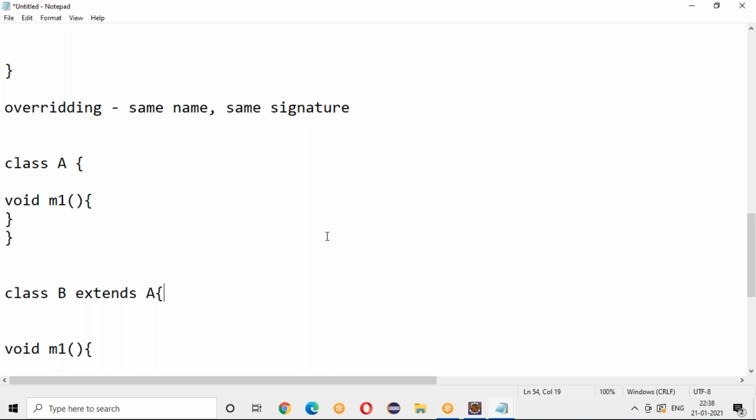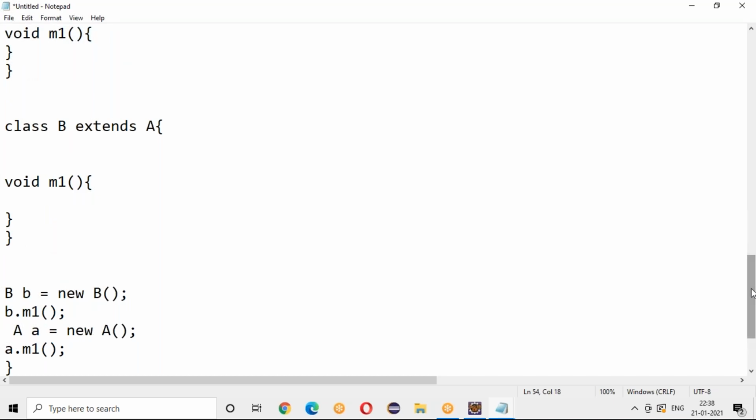So this is nothing but your overriding. We'll see that more clearly with inheritance. Hope you are clear as of now. When you want to execute both the methods, I can just call super.m1, which will first execute the parent and then come to your child. So Java gives all these concepts, and based on the requirements, you need to use them in your application.